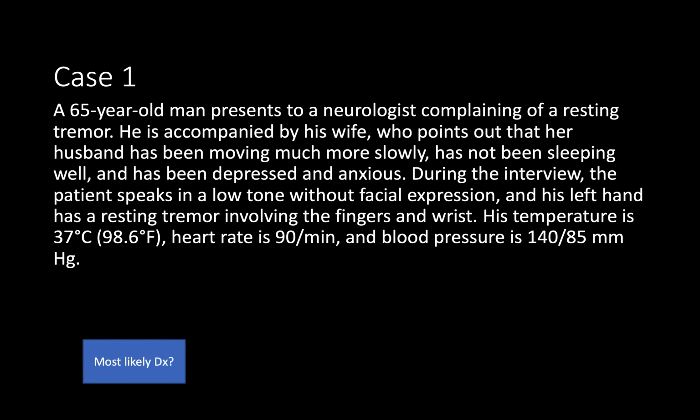So patients with resting tremor, if you ask them to reach out and grab something, that tremor is going to go away. Versus patients who have something like essential tremor, or patients who have something like asterixis, that tremor is not going to go away when they attempt to reach for something and things like that. Okay, so that's going to be your main way of differentiating those disorders. But I agree with you, Parkinson's is definitely the most likely diagnosis. So on our physical exam, what do we expect to see? What are the common findings in Parkinson's disorder that weren't mentioned in the question stem here?